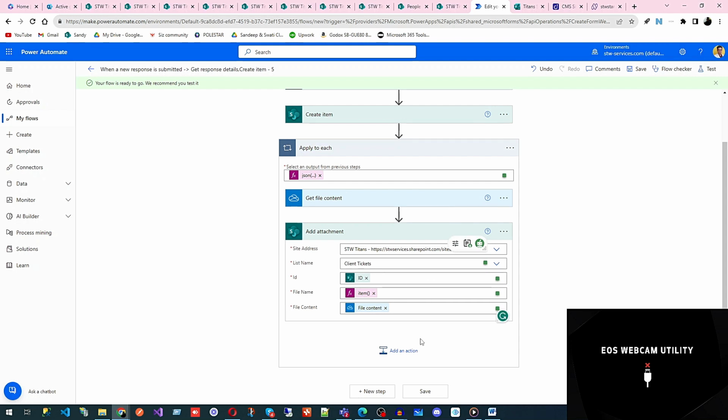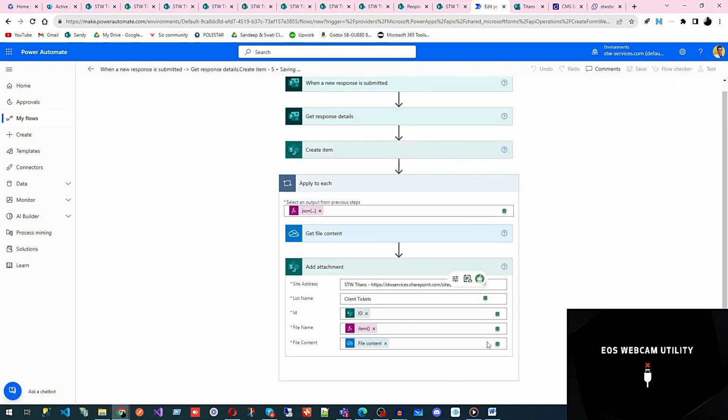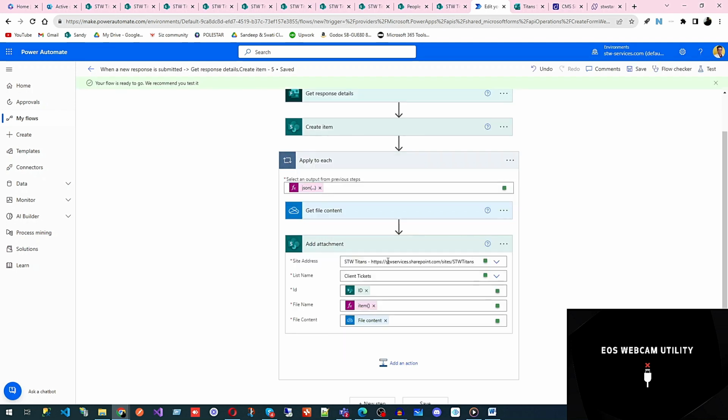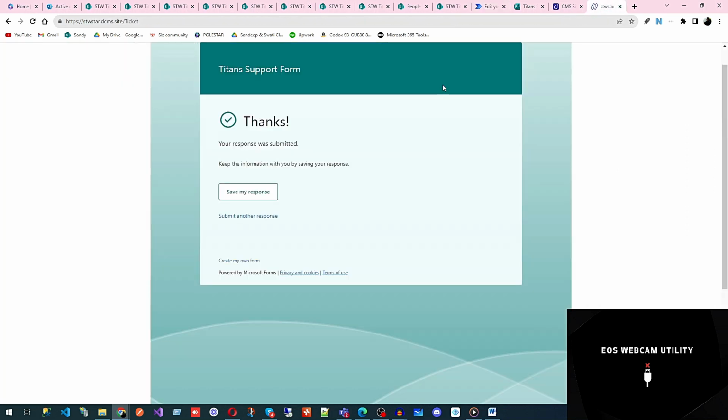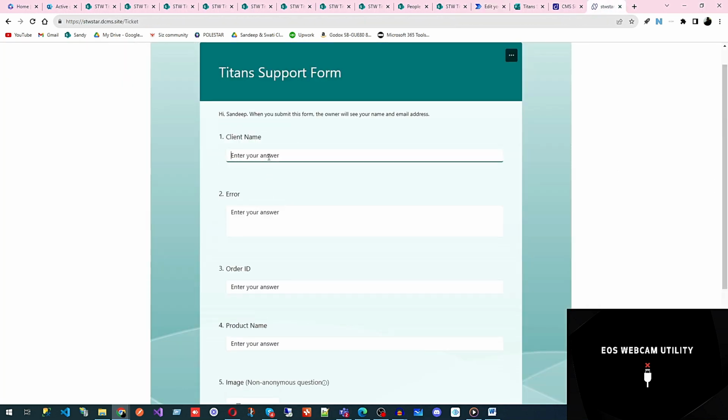So now your flow is okay. You can save. Sometimes there is a glitch in Power Automate. When you run this flow the first time, it might not work in case of a file. So I will click on test manually and start test, and then I will go to the site, submit another response,